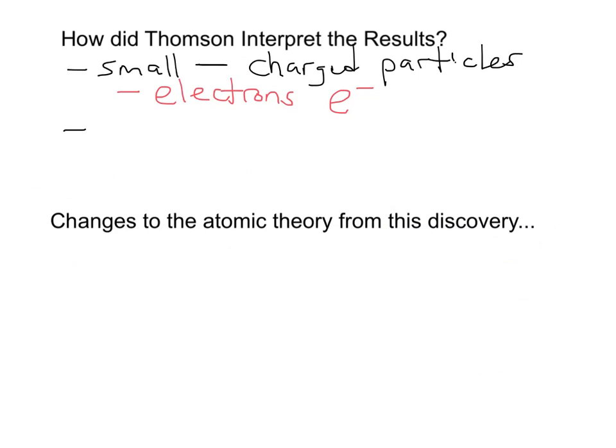At this time, the lightest known element was hydrogen. And as far as if we follow the Dalton theory that atoms are indivisible, tiny particles, there should be nothing smaller than a hydrogen atom. The smallest thing there was in the universe. And now he comes along. What does Thomson's math show about the mass of an electron? He said that he found a particle that was approximately 1/2000th the mass